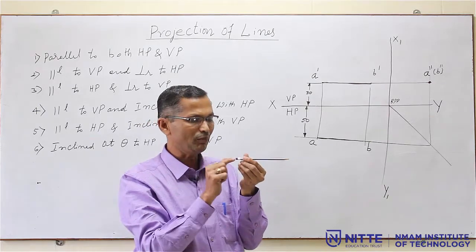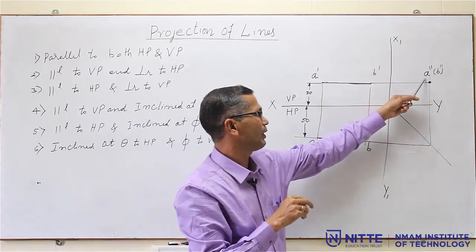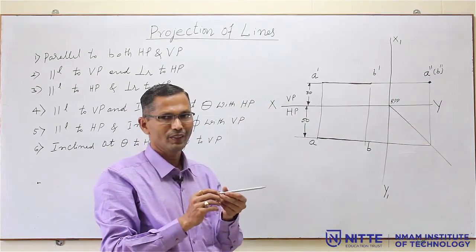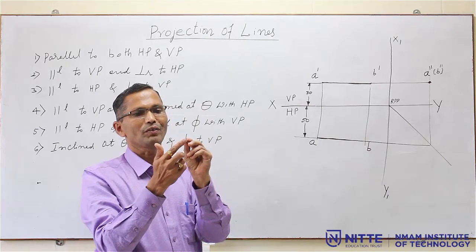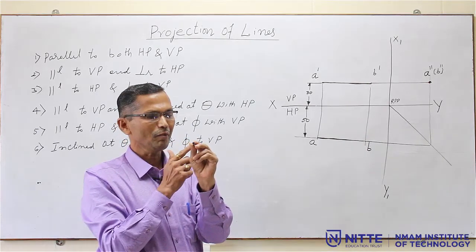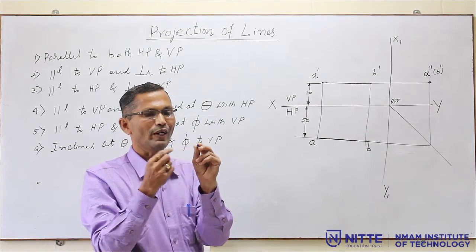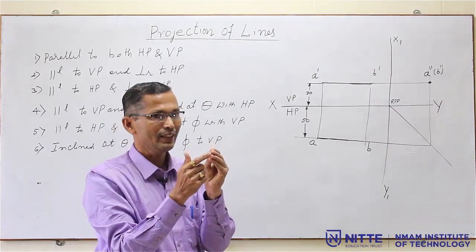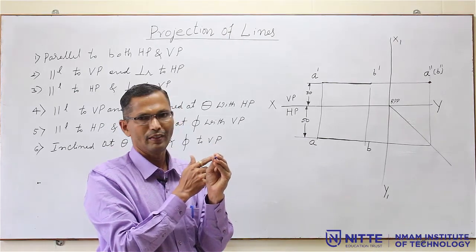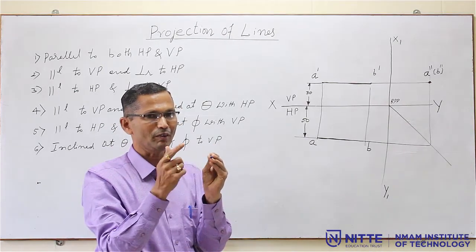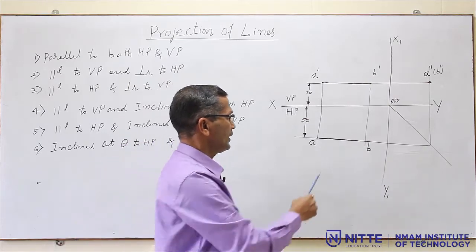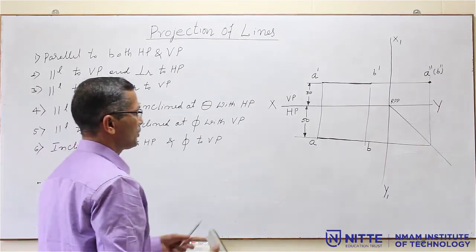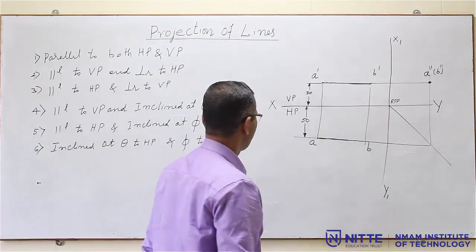Only the point which is visible to you, you have to represent outside the bracket, and the other one will be inside the bracket. That means it is hidden. If I hold it like this for you, now this point is visible. Then what about the other? So, this is not visible. So, while representing, you have to name it as a point, but the name of the point is A inside the bracket B, because B is not visible to the observer. So, this is the first case, that is parallel to both HP and VP. So, the solution will be like this.